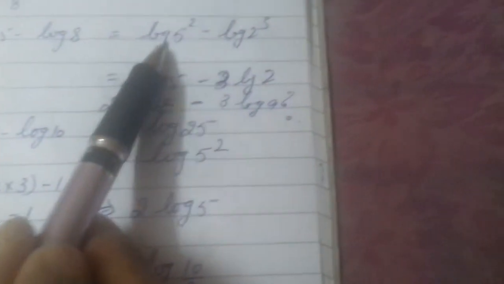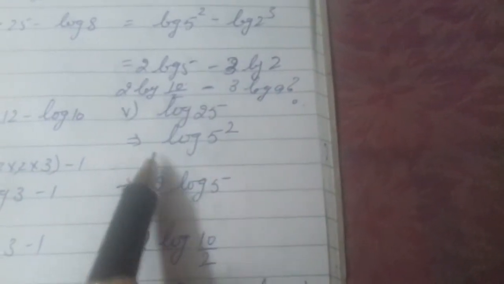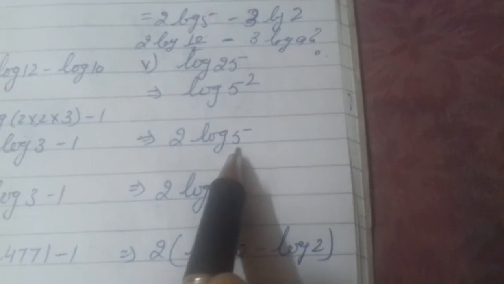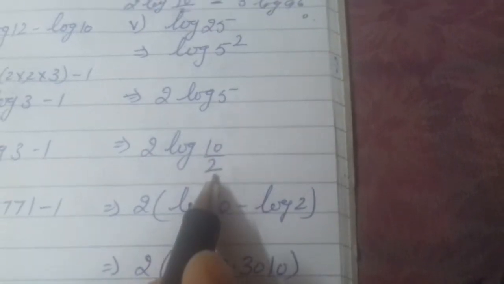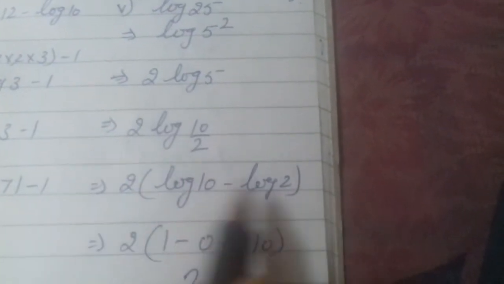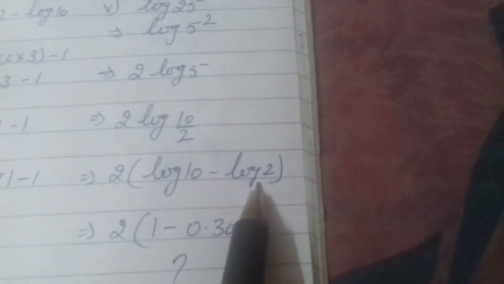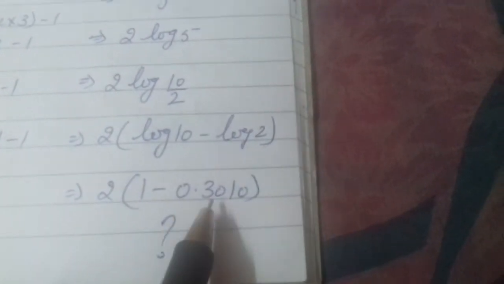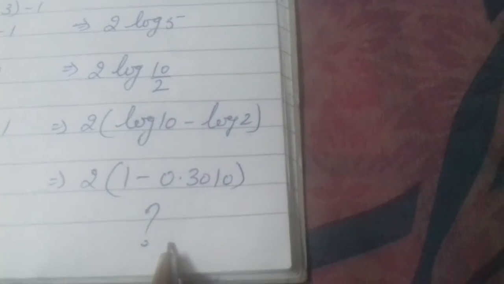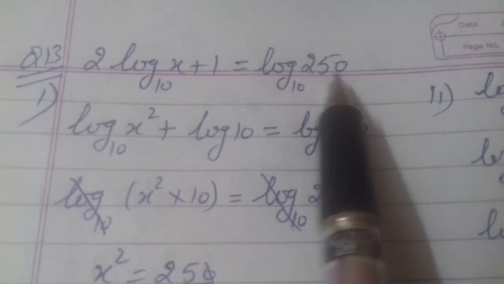Now what I left over here, just see how to solve this. Same question, log 25 can be written as log 5 square. 2 will be written in front, but we are not given the value of log 5. So in that case, what to do children? Can we write 5 as 10 by 2? Yes. Which property will apply here? Log A upon B, that is log A minus log B. Log 10 you know, that is what? 1, and value of log 2 is given. Okay, now you can solve this and complete the question yourself. Yes, this is the given question and you are asked to find the value of x children.